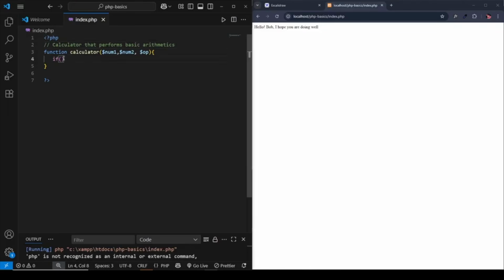Okay, so first of all, if our operator's value op is equal to a plus symbol, we will return num1 plus num2. So pretty simple. We'll be using this very logic throughout our calculator. Else if our op's value, so operator, is equal to minus, we will return num1